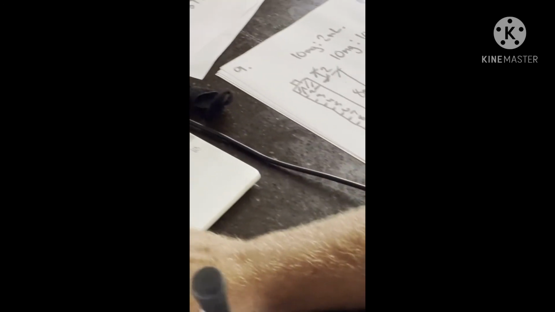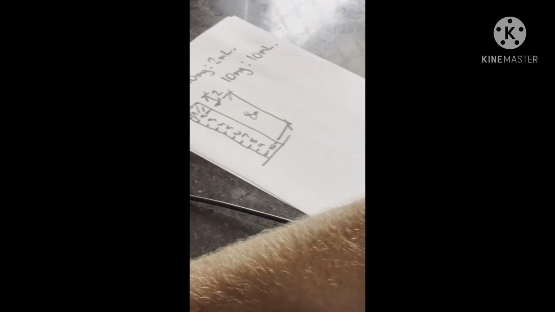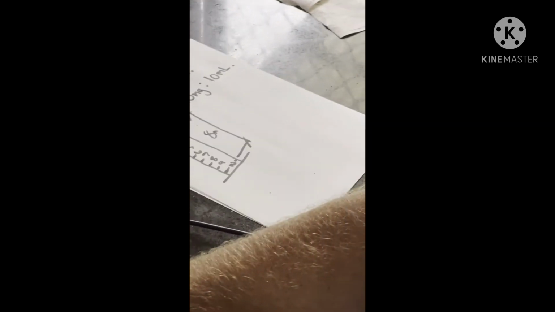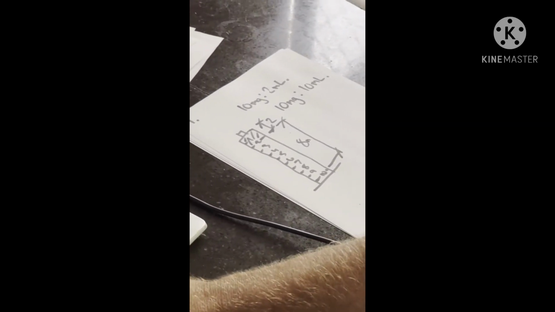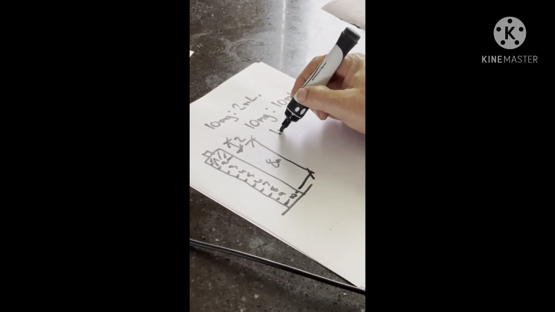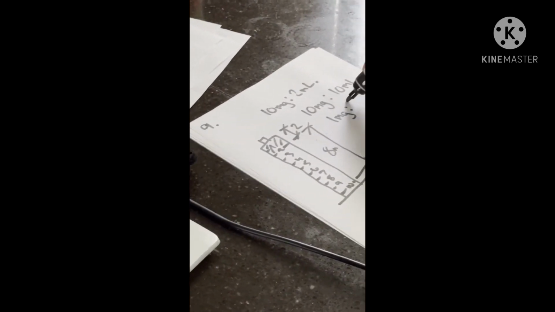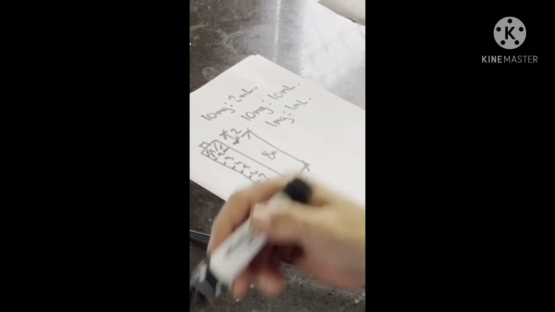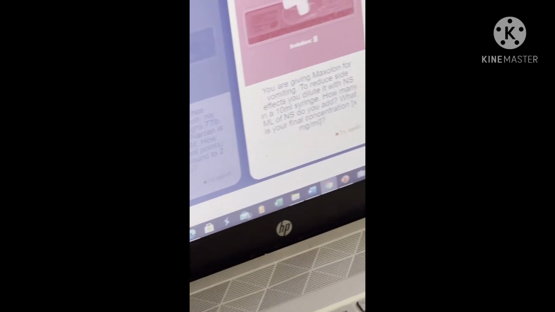So what is my final concentration? My final concentration, so I have 10 milligrams in 10 ml. They want to know my final concentration in milligrams per mil. So I divide both sides by 10. I have 1 milligram in 1 mil. Just remember, in a ratio, what you do to one side, you must do the other. So write 1, and my answer is